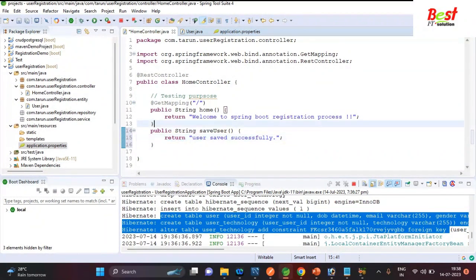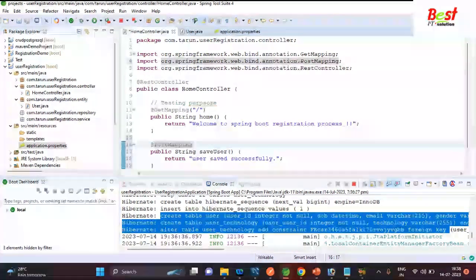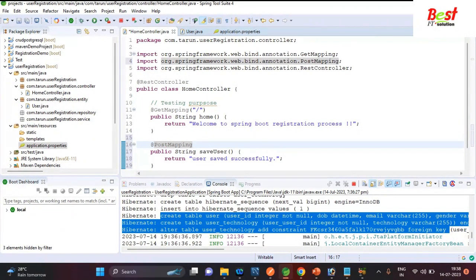Okay, and the mapping is the post mapping. So post. Okay, imported PostMapping,